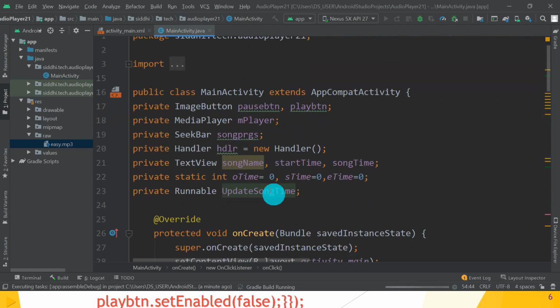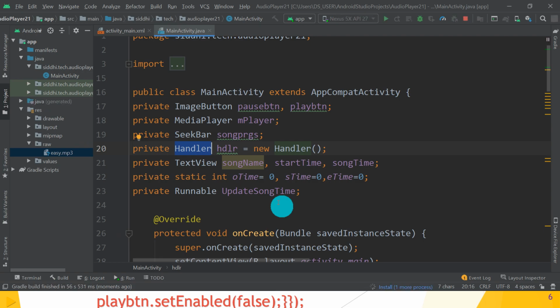The Handler class is mostly useful for multi-threading. For the delay between two actions, we have to create a Handler, and it requires the runnable interface to call its respective methods. Great. So when we create a new Handler, it is bound to a Looper, and it delivers messages and runnables to the Looper's message queue and executes them on that Looper's thread. Great. That's why we have to create the runnable interface object.